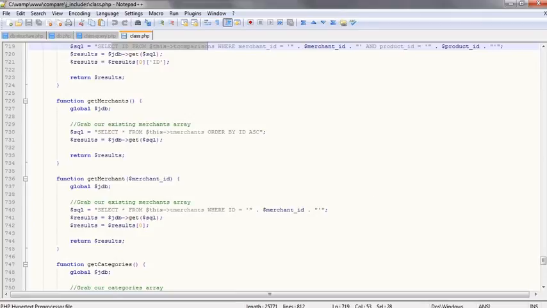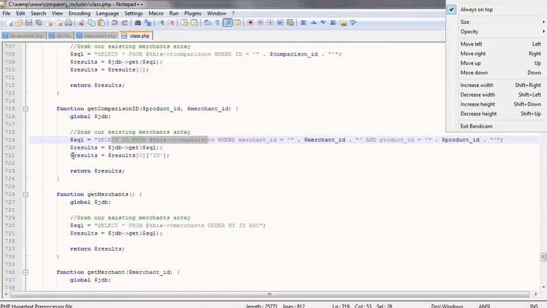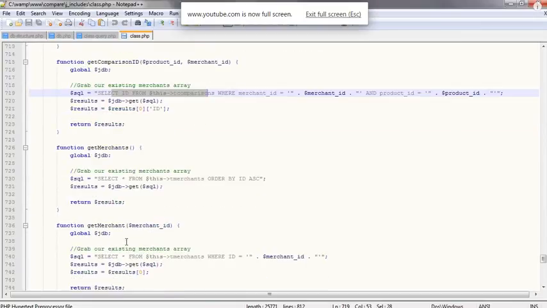So that's the big thing I want you to get from this. There's not a lot of rocket surgery to this. It's just a matter of changing the query to query